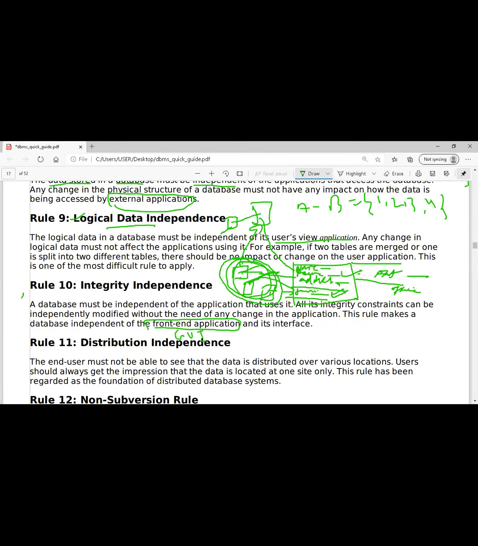So here, what is happening when I'm in one application? Suppose Monica is using one front-end tool, and she has entered her name, her ID card details, her Aadhaar number, everything. Then if some other person with the name Monica is trying to enter, it should not mix up with the old one. Monica is already there, you should not enter. It should depend upon the other keys also, the constraints.